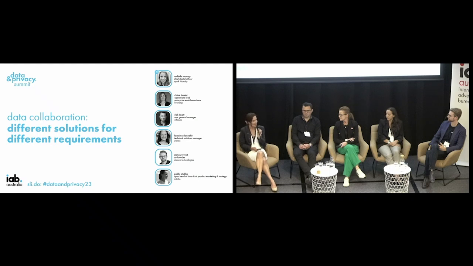And then lastly, the other one is this redefinition of PI and how digital identifiers are going to be allowed to be used that the privacy review talks about at length. What this means is it's going to be harder for brands to get closer to your customers, and you're going to have to do a lot more to understand them beyond the confines of your own four walls. So investing in strategic partnerships, using your first-party data is going to be pivotal in this new landscape. And this is where collaboration comes in, right? Collaboration is going to give you the ability to drive new business opportunities as well as continue to power your data-driven marketing tactics.